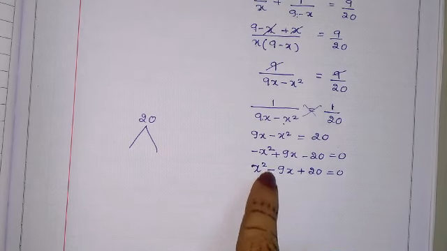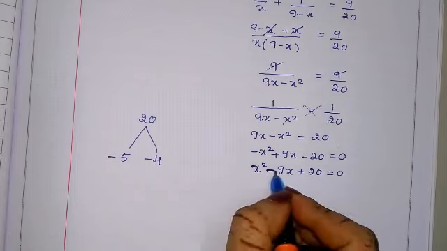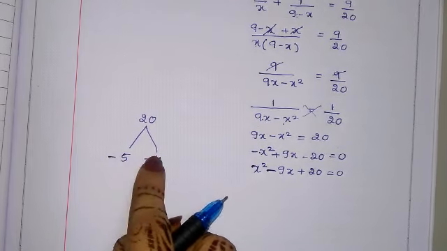So how will we find them? We know that 10 2s are 20, but 10 minus 2 is 8 and 10 plus 2 is 12. That is not possible. So one more, 5 4s are 20. Here 5 4s are 20, but we will not get the minus sign. If we put both negative signs, minus minus is plus. 5 plus 4 is 9, and the sign will be minus. And when we multiply this, minus minus becomes plus.